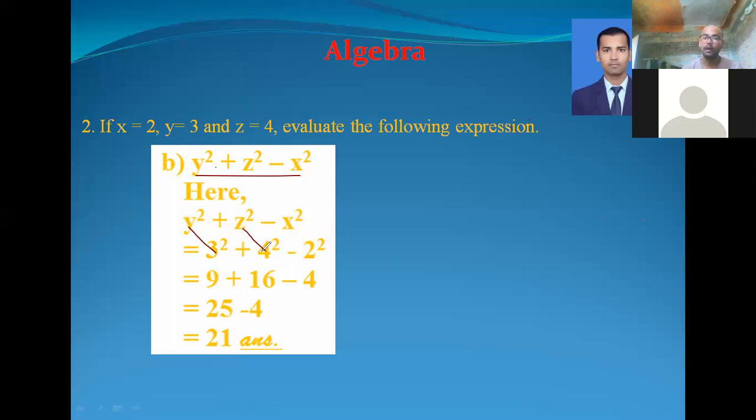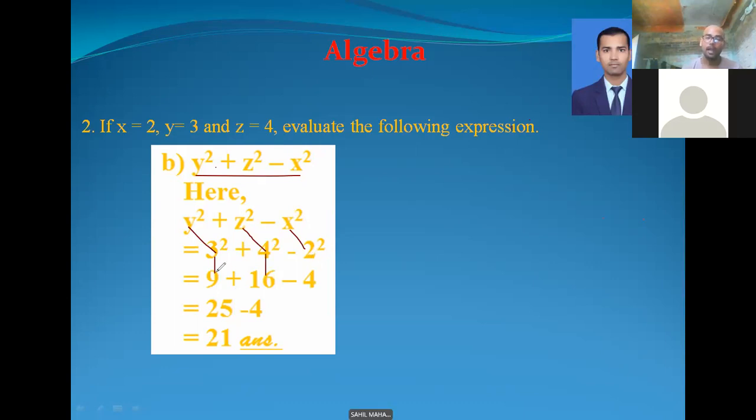That's why here we have 4 square, then minus, and the value of x is 2. That's why 2 square is given there. Then after, square of 3 is 3 into 3. That's why we have 9. In the same way, a square of 4 is 4 into 4. So 4 4s are 16, which is here. In the same way, square of 2 is 2 into 2, that is 4. Here you can see here.